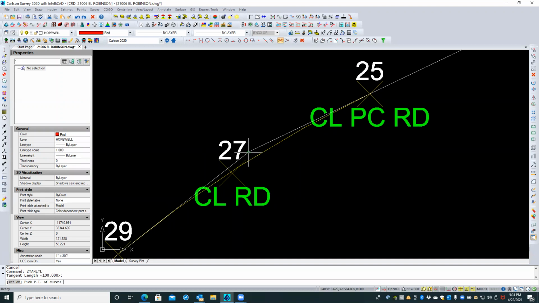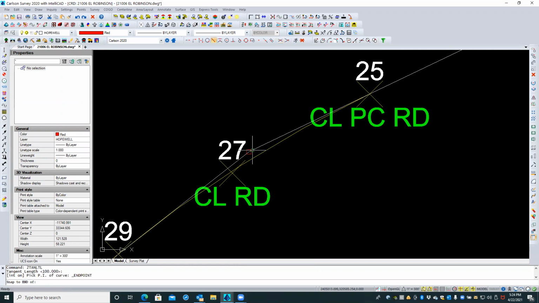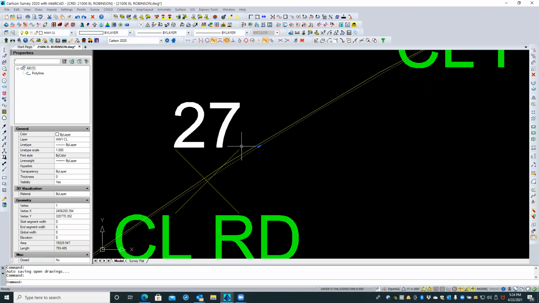So you have to get, well, it'll take the endpoint, there it is. And now pick a point on the first tangent line, which is this one, a point on the second one, which is this one. And there now is the resulting tangent